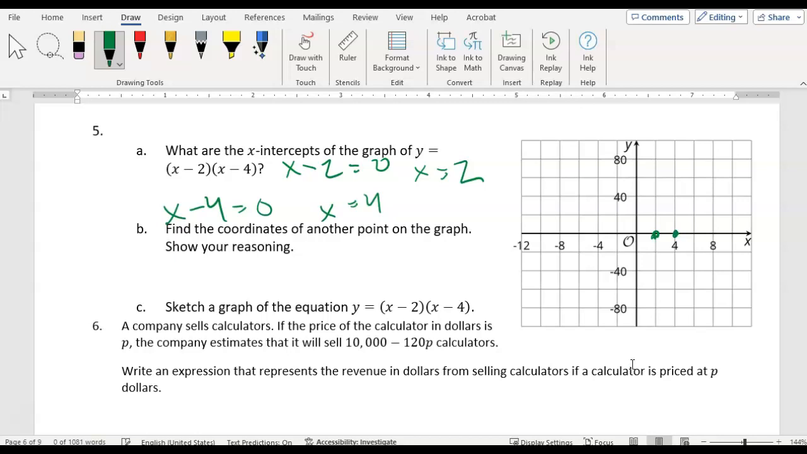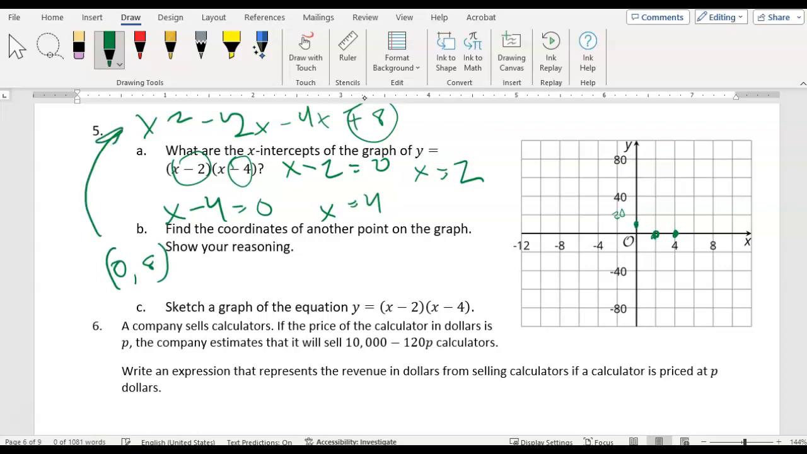Find the coordinates of another point on the graph. Show your reasoning. So I don't care which one you choose. One easy one would be, we can look at this in standard form, and we can see that the y-intercept would be 8. This is going up by quite a lot, so that'd be like here, right? We can also look for the vertex. So one is 0, 8,